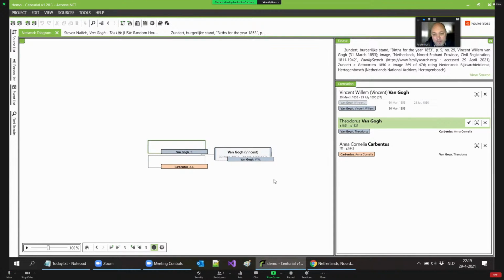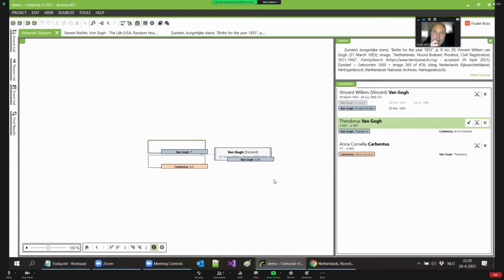So yeah. What about two use cases? One, I get a record for Vincent that has a different birth date. Yeah. Or even more complicated, a different mother. Yeah. How does correlation, and I'm not so much asking about autocorrelation, but how do you maintain those 2 differing sets of data?